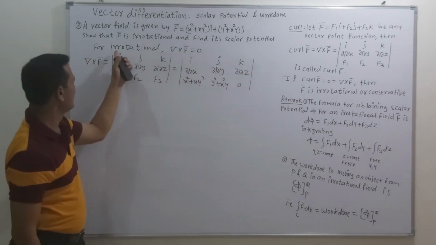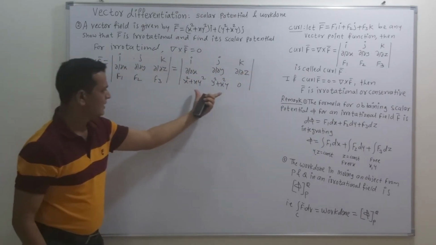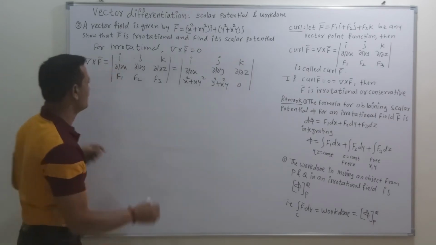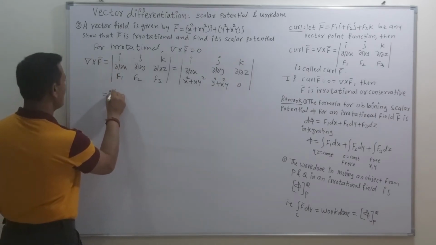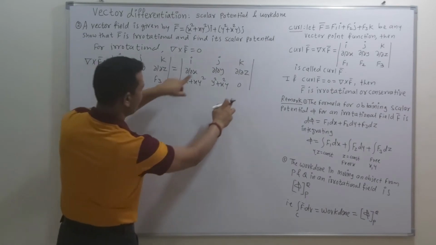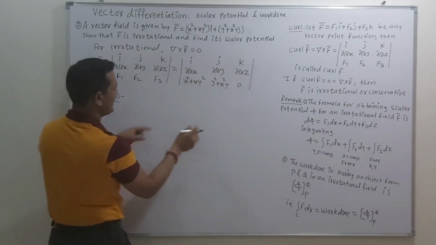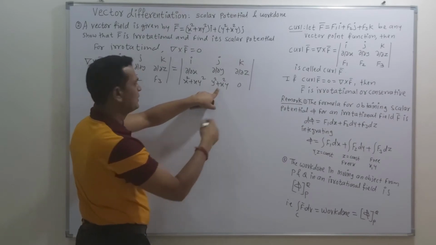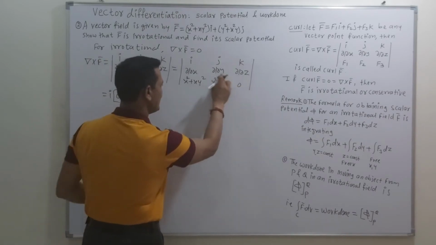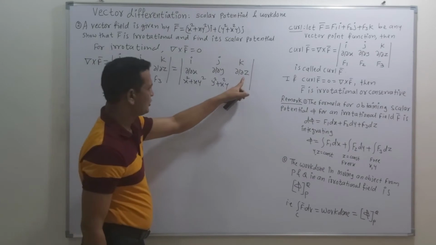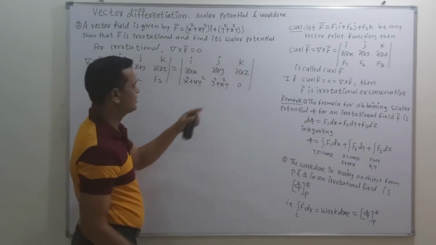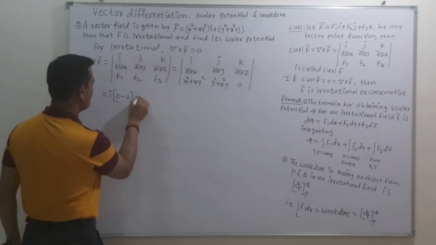Then our aim is to show that this is irrotational, that means show that the value of this determinant is 0. So if we try to evaluate this, then we get this as i times, take the derivative of 0 with respect to y, which is 0, minus take the derivative of this term with respect to z. So here z term is absent and we are taking partial derivative where x and y is constant, that's why this is also 0.